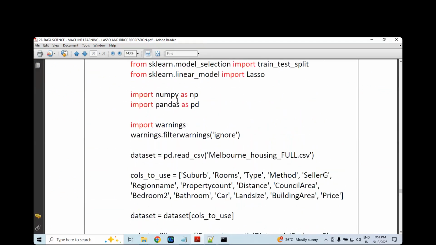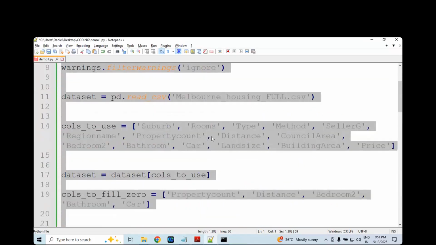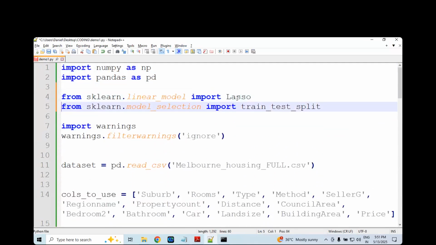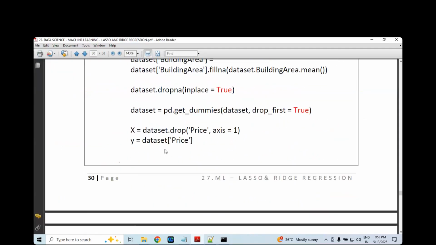Lasso regression, don't think too much. It's a class, capital letter. Good. Import that class. This is the algorithm; instead of linear regression, we just change the algorithm. You can go for lasso regression, but there are some keyword arguments you have to apply. So make a note on this one.